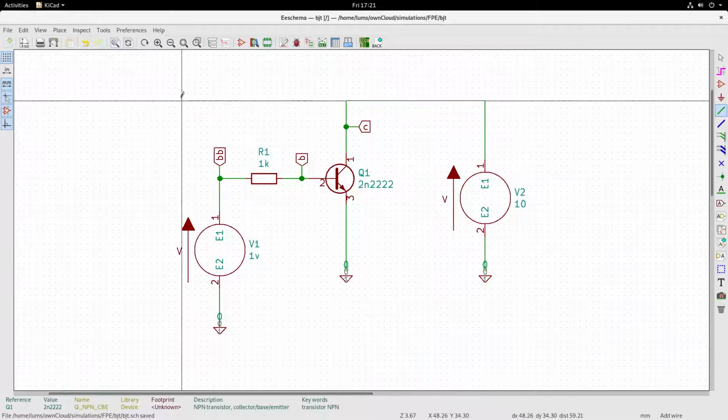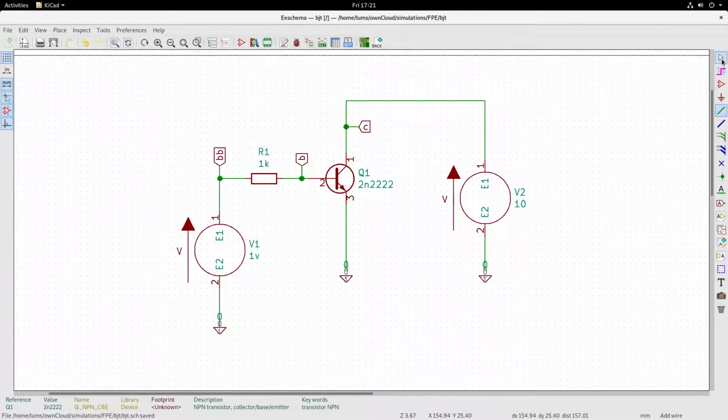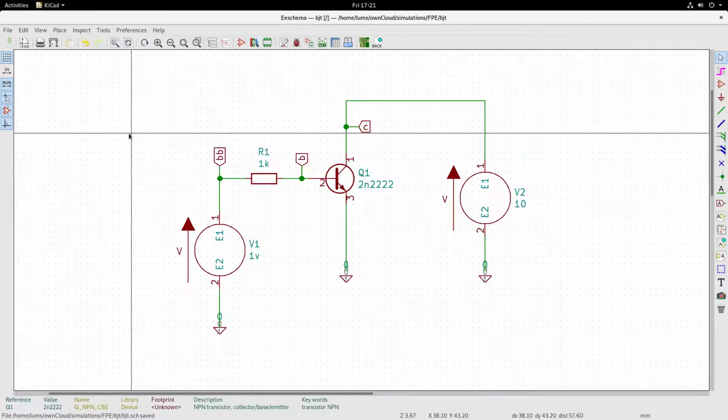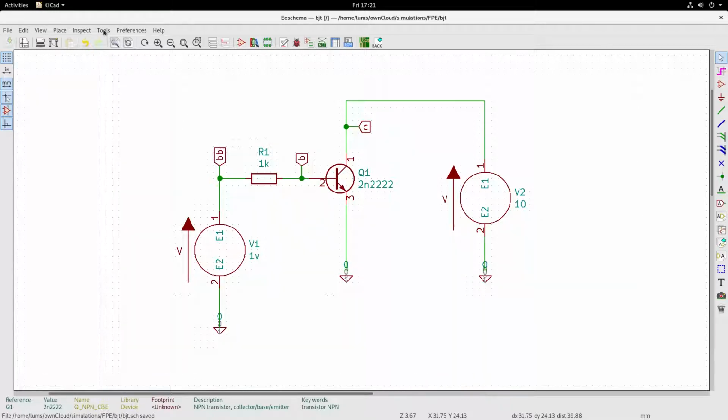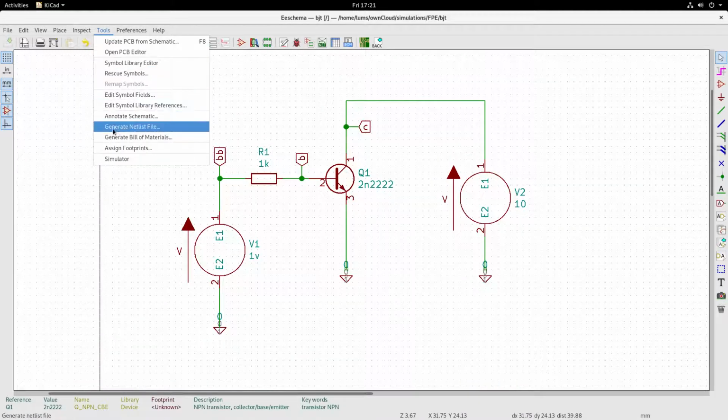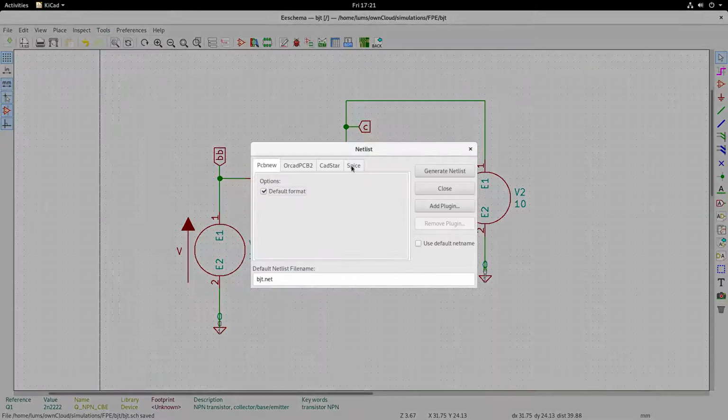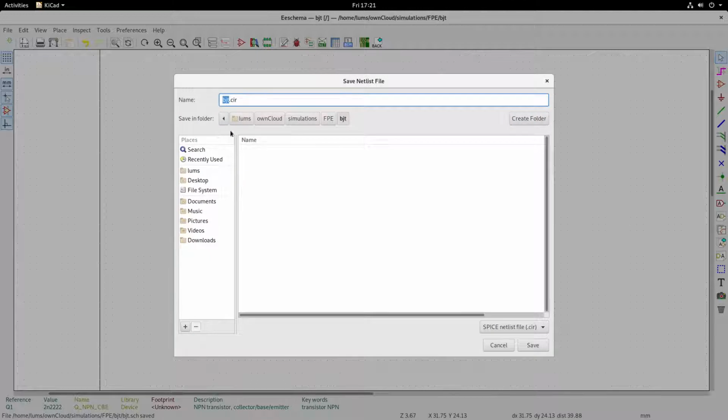So let us generate the netlist and see how the netlist comes out. So let me go to Tools, Generate Netlist, Spice Netlist. We will generate the netlist into BJT. We'll call it bjt.cir. Save.